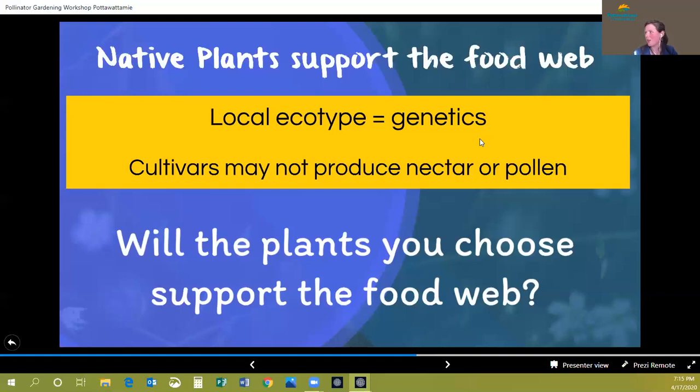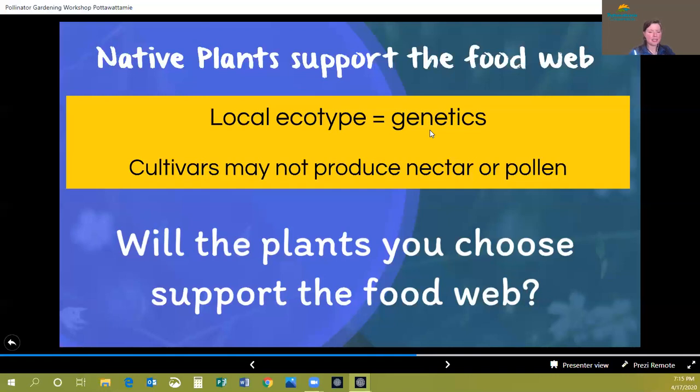It's like an orange purple coneflower that has been... so purple coneflower is a native plant, right? But someone in the nursery came around and said, hey, let's make this fancier, right? Let's change the genetics. Let's hybridize it with something that makes it orange. There are some studies that say that our local native bees and butterflies don't get as much out of them,